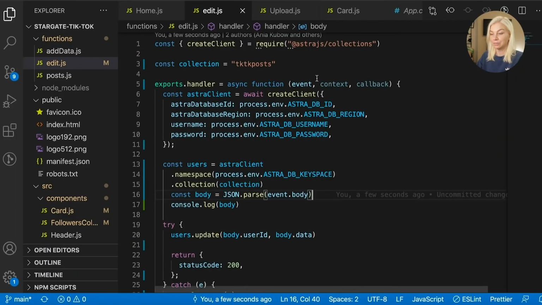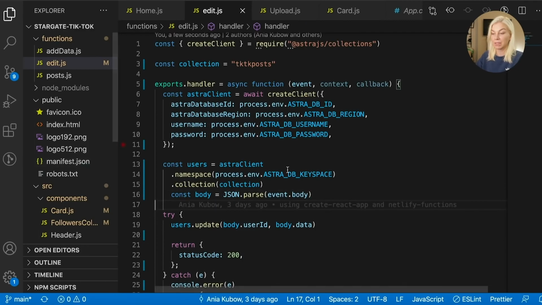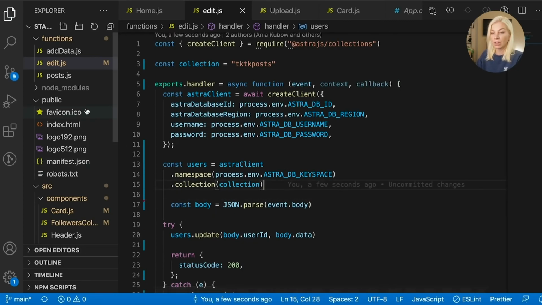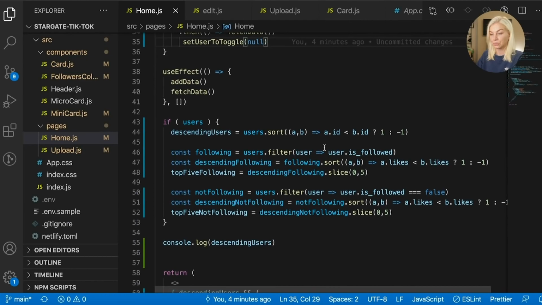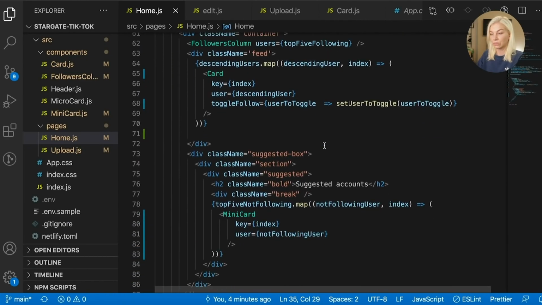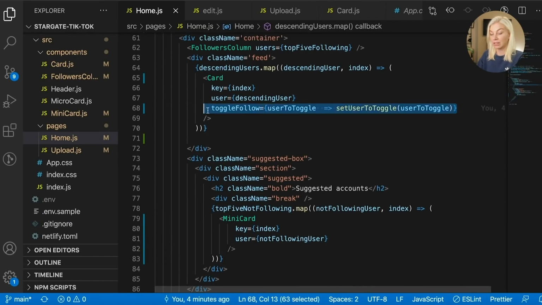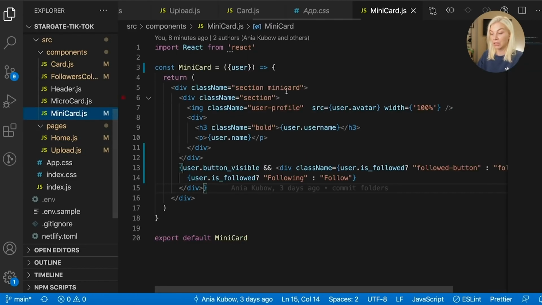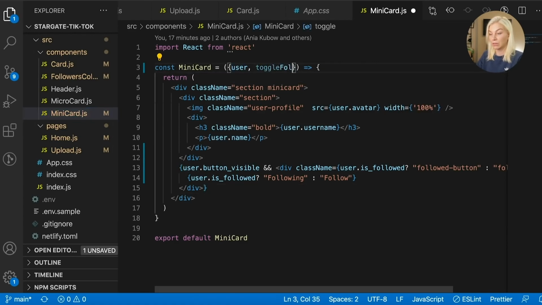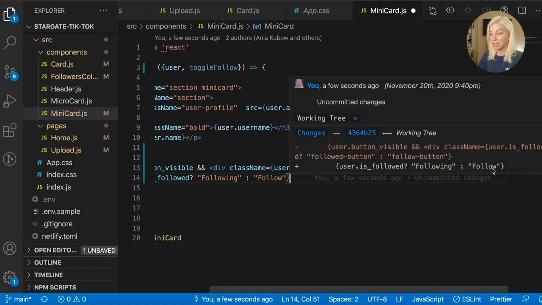So once again, I'm going to get rid of these console logs now because we don't need them. Space this out a bit. So let's go back to our home page. This time, we need to do the same for the mini card. So I'm literally just going to get that, go to our mini card and pass through toggle follow, so the function, so that we can use it here. And once again, I would just need to open up the top tag of our button,